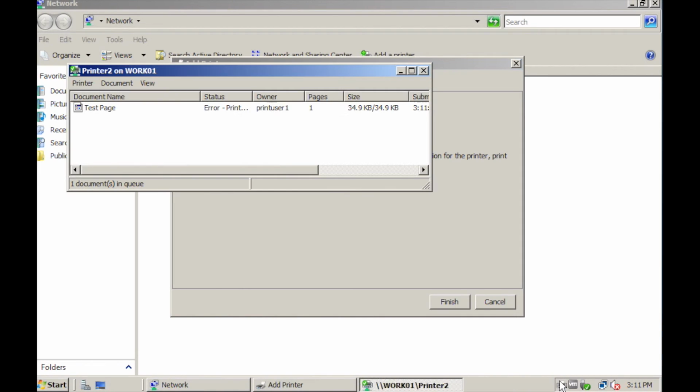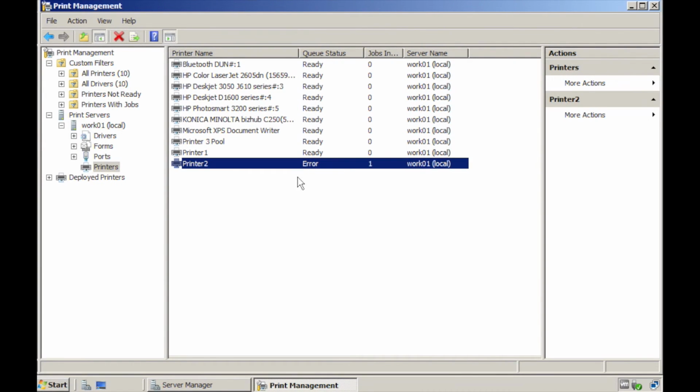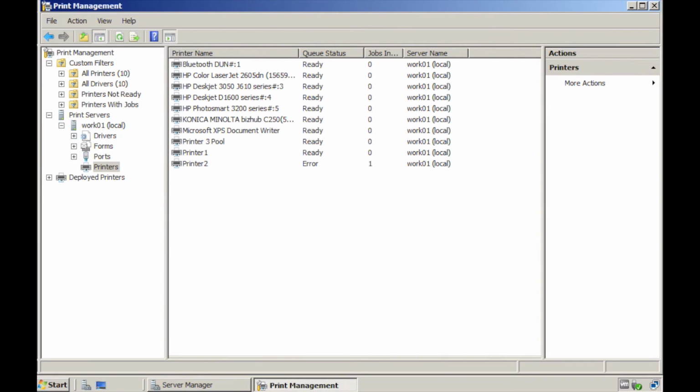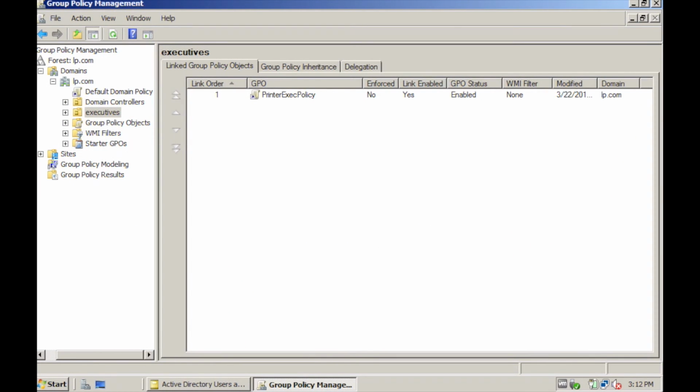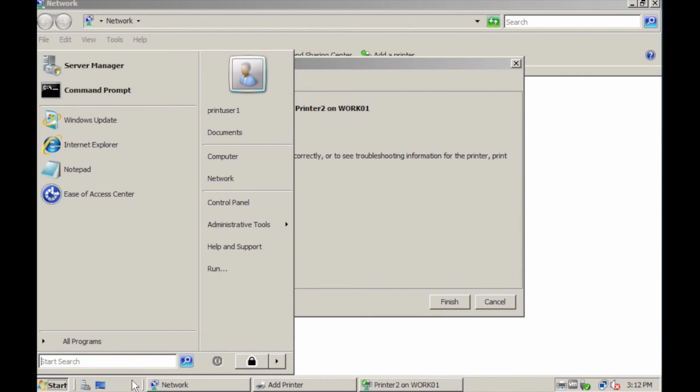Next, print test page. Yay! Alright, so we've got this in our little printer queue, but just to verify that it actually is in the printer queue, let's go to our print server. Oh look, it's set to error because obviously there's no actual print device connected, but if you open up the queue, you can see there is our print page by print user 1 that we created. And while we're at it, let's log out of this madness